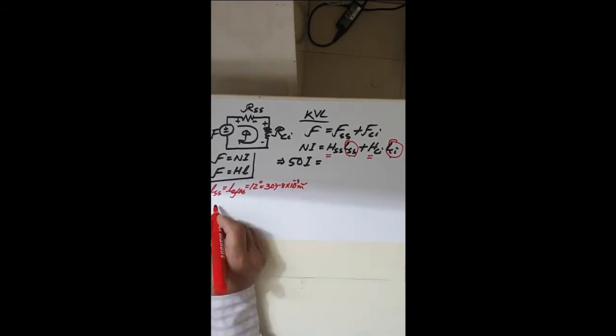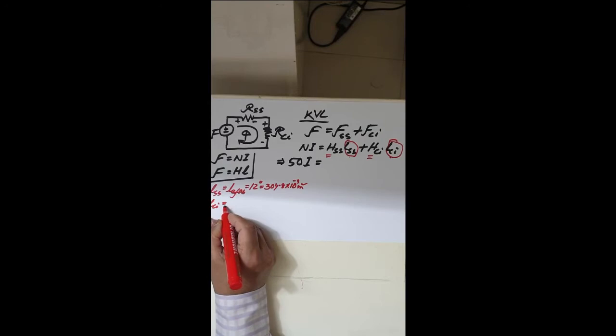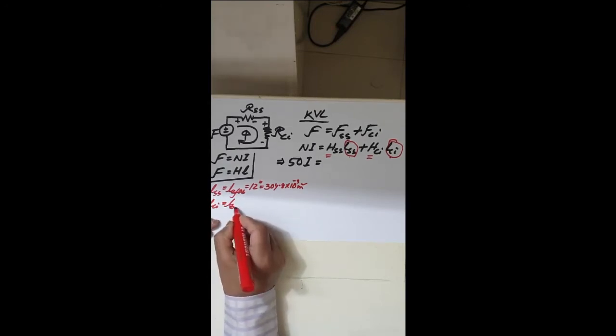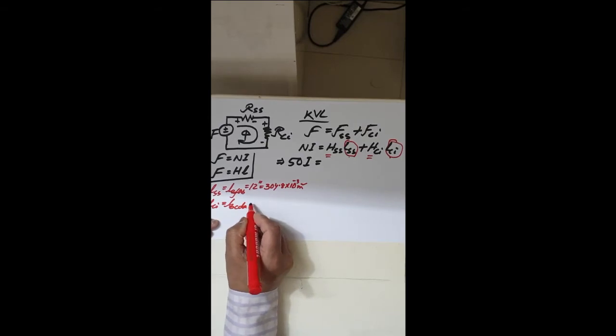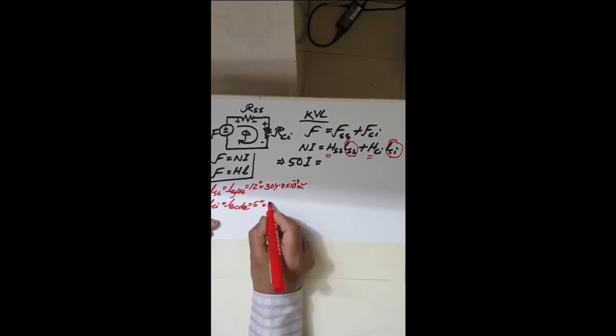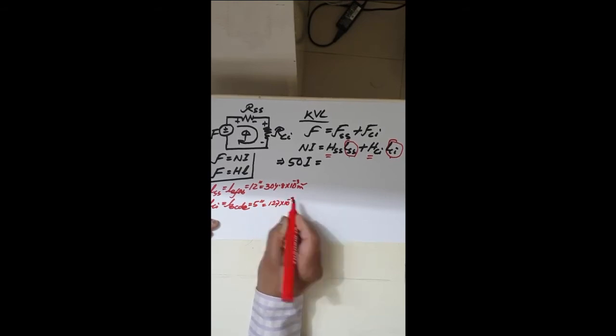And LCI will be equal to LBCDE, BCDE is equal to 5 inch, as you can calculate it. So it is giving you 127 into 10 to the power minus 3 meters,